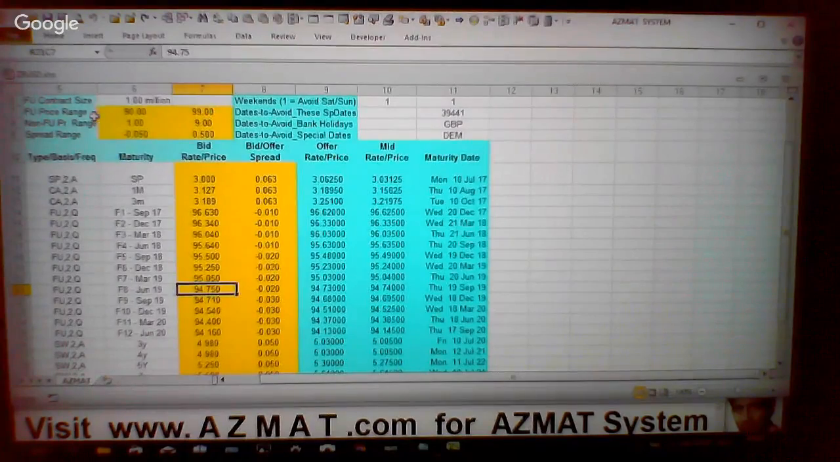Similarly, we have the non-future price range, which is 1 and 9. So non-futures is anything which is not future. These are the futures, futures 1 to 12. Non-futures are from here. Spot, SP stands for spot. And then there's 1 month, 3 month. So it's these three plus